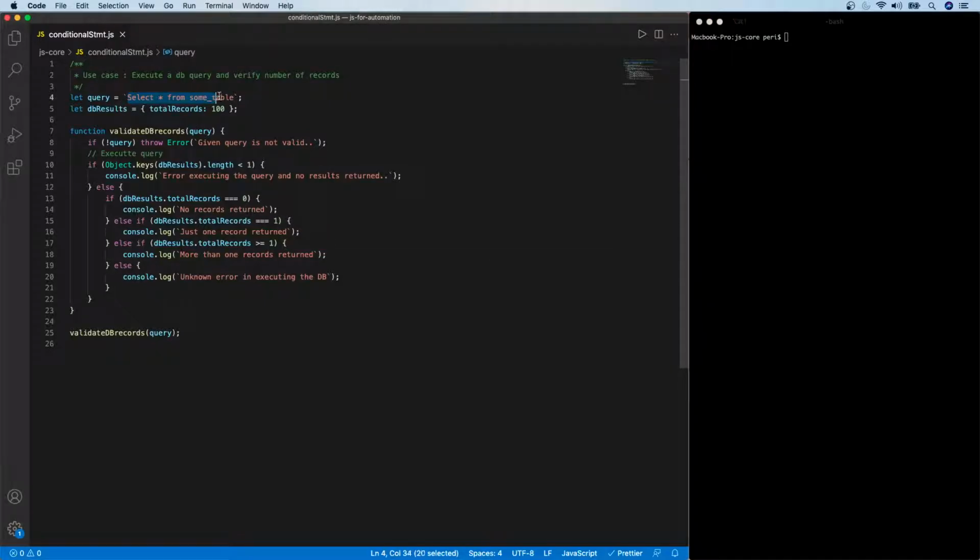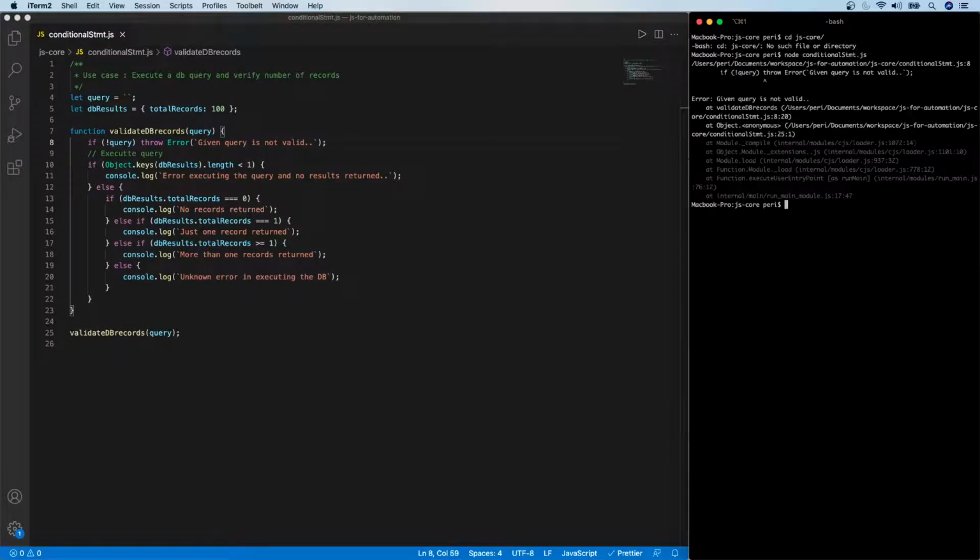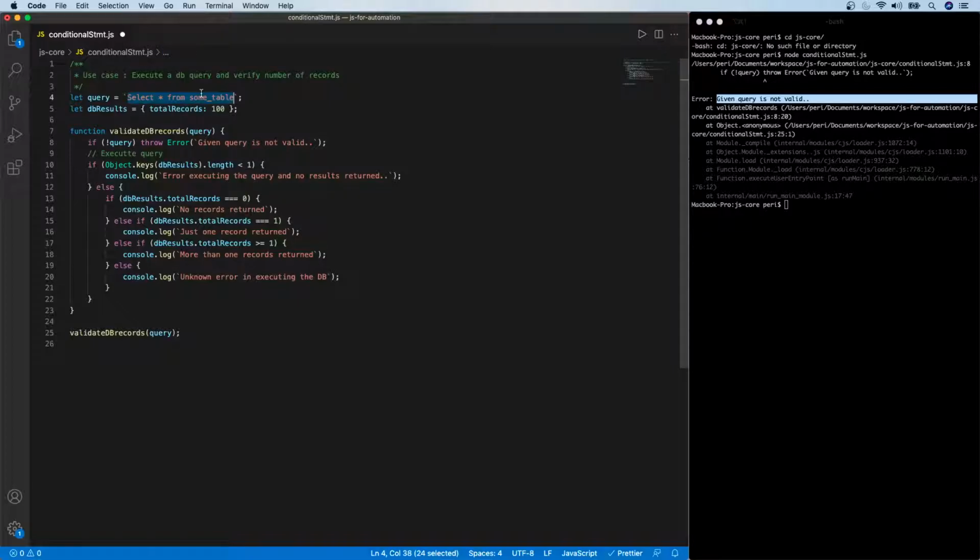So first example, instead of this, I'm going to remove this. I'm putting a false value, which means in runtime it's going to be an empty string. Empty string is evaluating to false. Obviously this is false, so it's going to throw this error, right? Let's execute this, and now we can see this is throwing an error saying given query is not valid one. Correct? This is one possibility. Now let me put the query back. So we have executed this block now, correct?